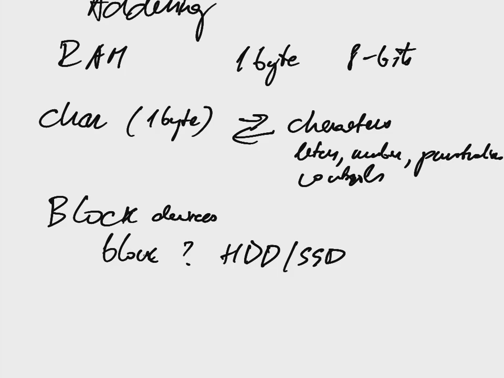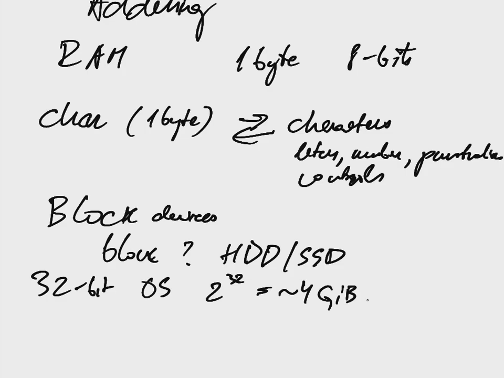And if you still have a 32-bit operating system running on your computer, 2 to the power of 32 is approximately 4 gig addresses, or precisely gigabit addresses. So in a 32-bit operating system you cannot refer to a larger address space than